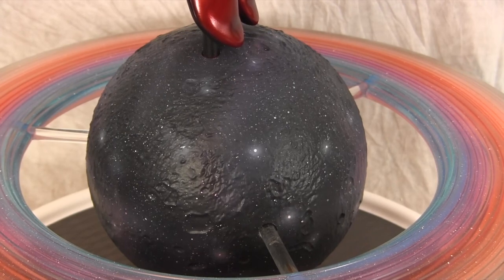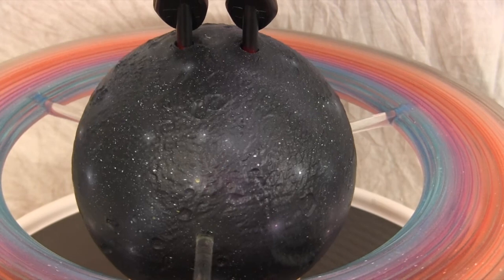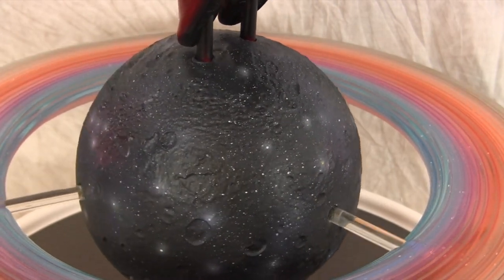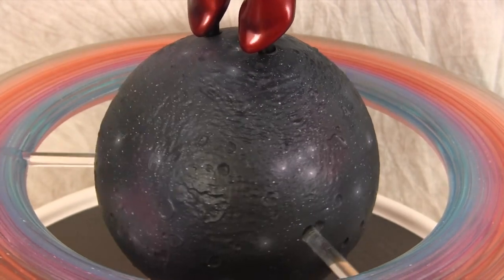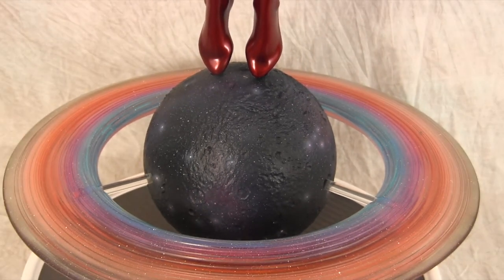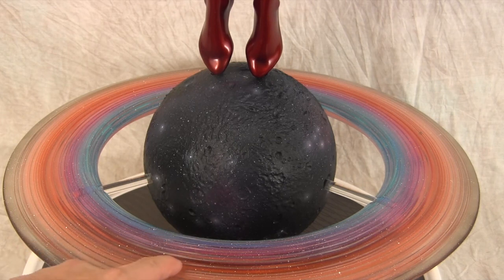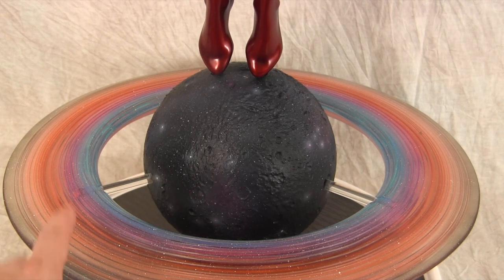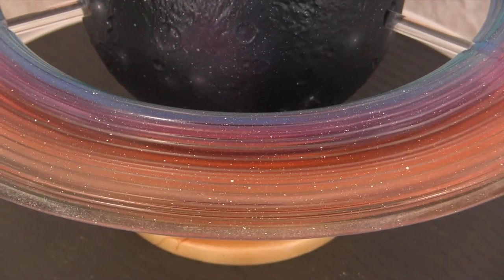One of the pictures he sent me was like a cloud in space, where it was all the space stars, but then there was blue, purple, orange, and stuff like clouds within it. So he wanted me to keep the rings those type of colors. So I kept it a blue, then we went with magenta, then a red, orange, a little bit of white, and then basically Payne's Gray around it. And I did speckling around the piece so you can see all the speckling and all that stuff around the